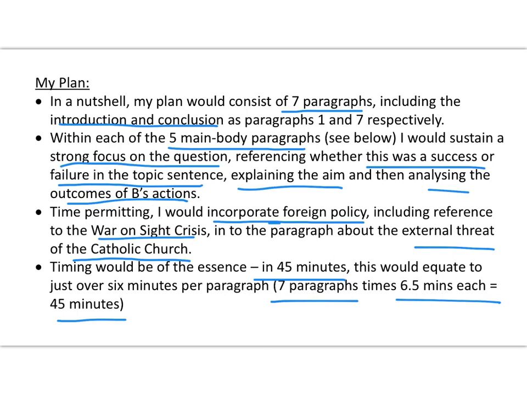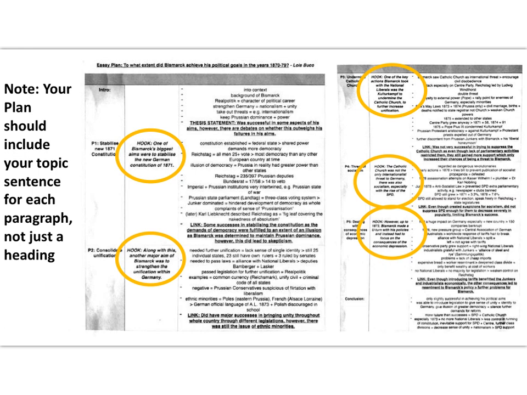And that means, therefore, that you can't write down everything you may want to write down in each of those paragraphs. It depends on how fast you can write. Now, obviously, when you're writing in the final exam, you haven't got the time to write a really, really detailed plan. The planning process is pretty much happening in your head. And in the exam, you pretty much only write down key buzzwords for each paragraph. But when you're planning at home over the 2 years and you've got time to write up your plans, you need to have a clear plan.